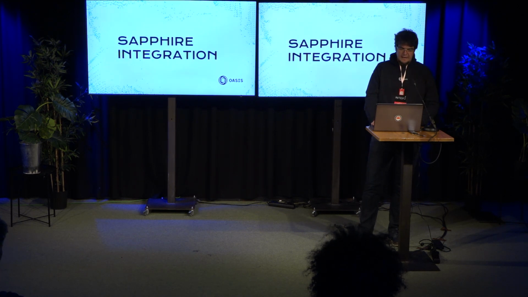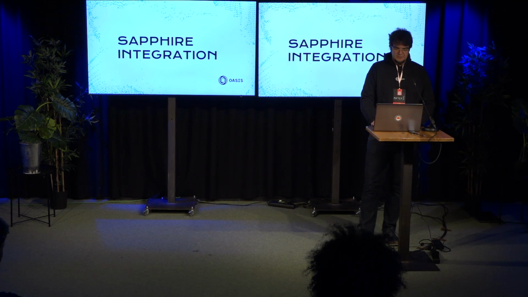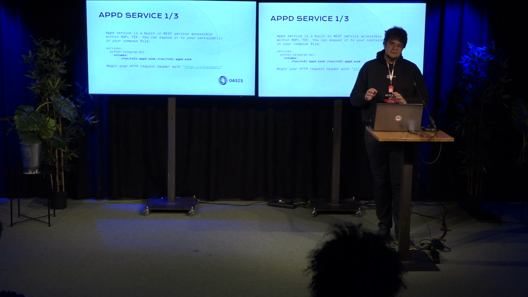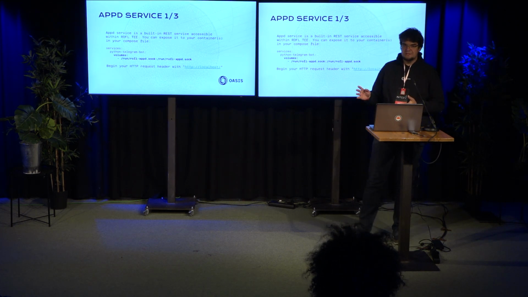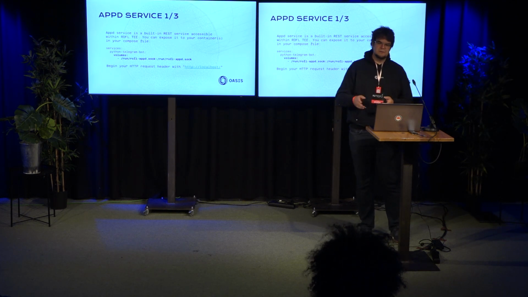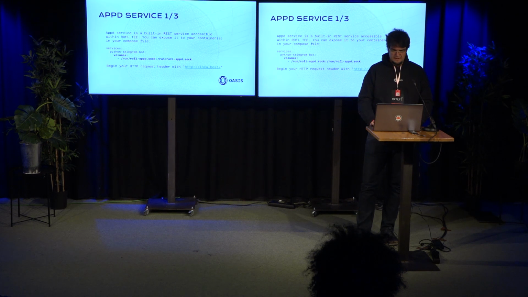Okay, and the third, a very strong feature, is slightly more complex. It's about integrating your Raffle app with Sapphire. So Sapphire, as I mentioned, is our confidential EVM. It allows you to have smart contracts, and the smart contract state is on-chain, but it's encrypted. So basically, if you want to dump a smart contract state, you will just get random blobs, or actually we even just return 0.